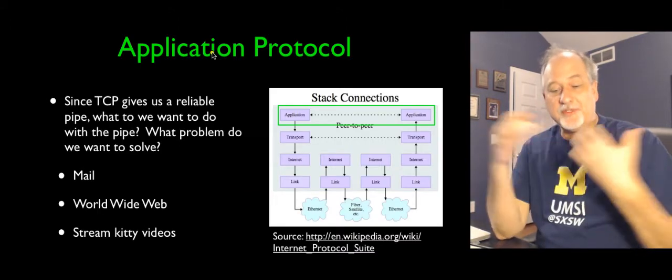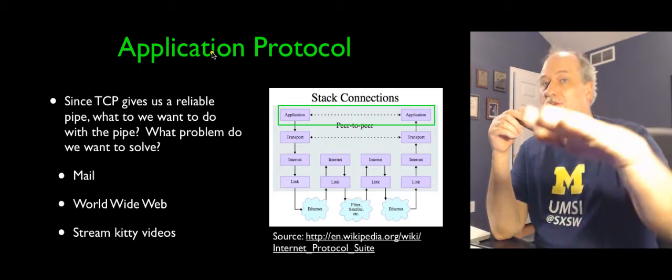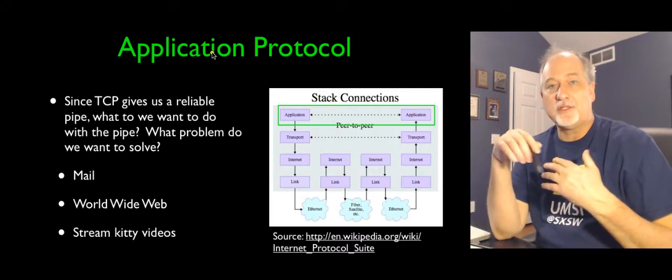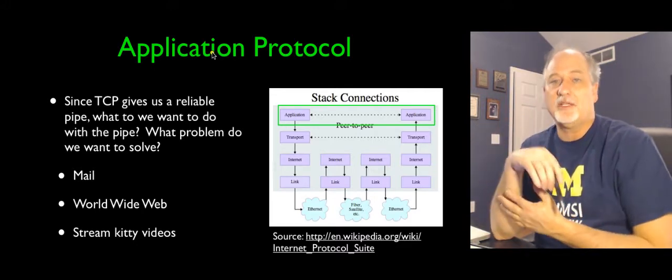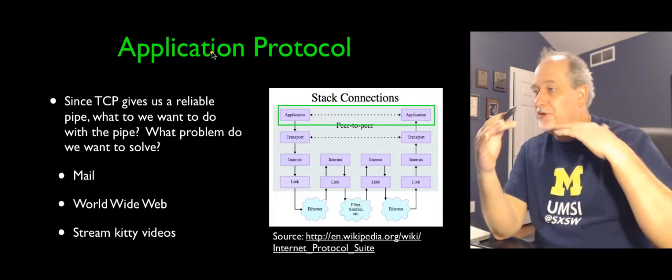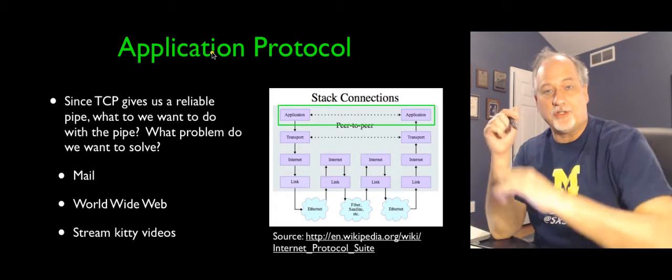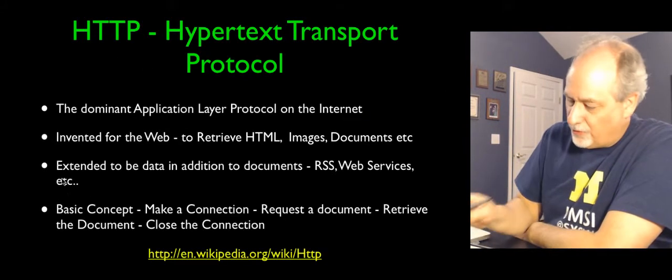And that is the rules for conversation, the rules for conversing. So TCP gives us this reliable connection. We now can connect to the server that we desire to connect to by using ports. And the question is, what are we going to say across that connection? And what we say across that connection, who talks first, what do you send, what comes back, depends on the kind of server that you're talking to. We're going to play mostly with the World Wide Web.